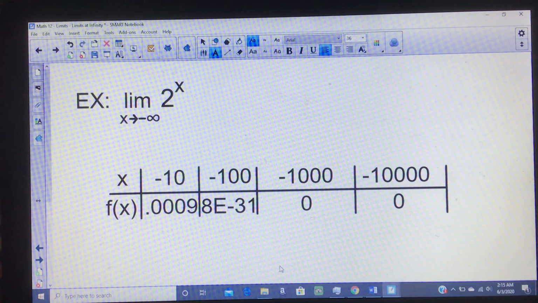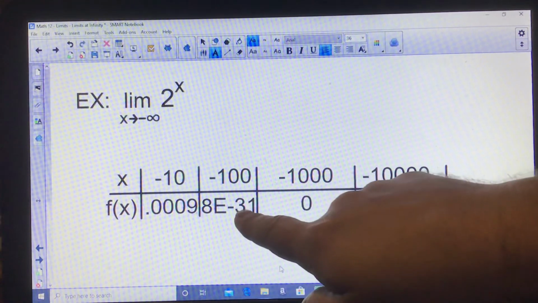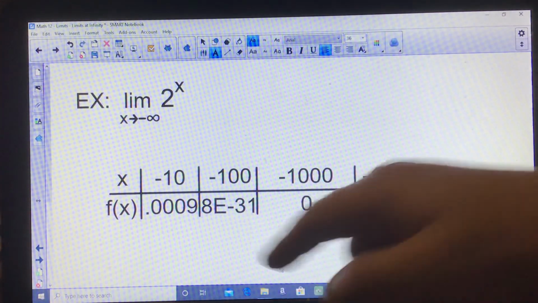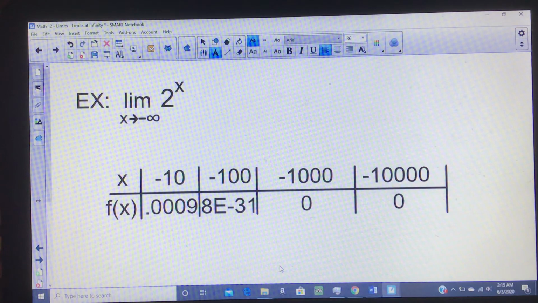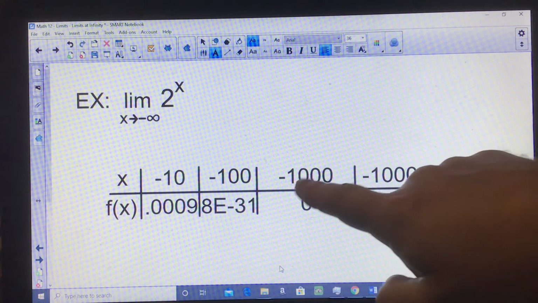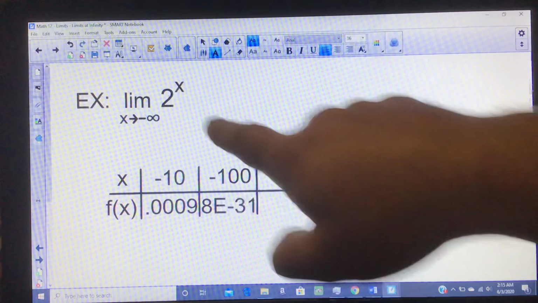That's an unbelievably tiny number, right? So it looks like this is going towards 0, right? This is tinier, this is even tinier, and like that other example I did, when that happens, it's going towards 0. Now, here's where the calculator is technically wrong, because when you plug in negative 1,000 to this, it's technically